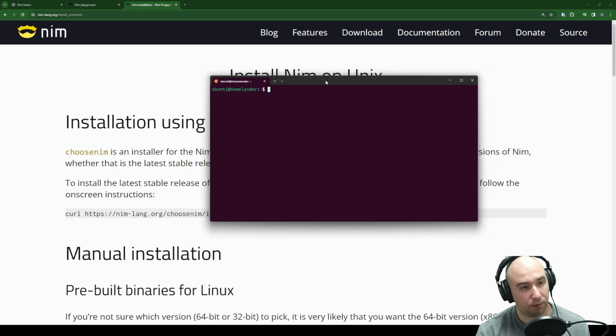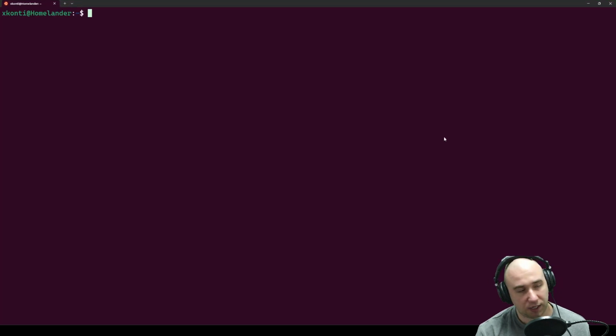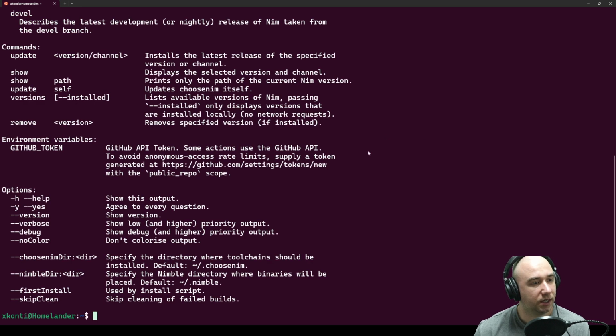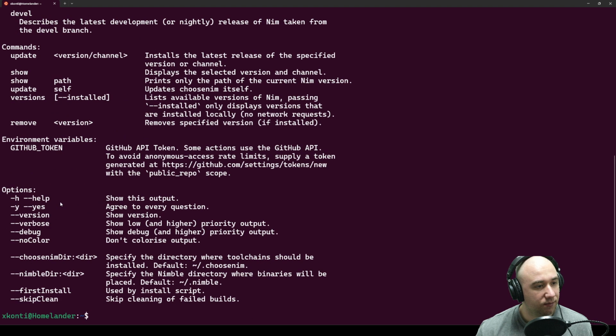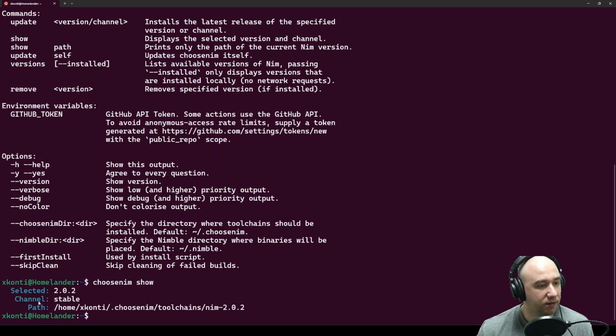Okay, so I'm on the, what do you call it, WSL2 on Windows. And do we have ChooseNim? Yes, so I guess I installed it through ChooseNim. So I should be able to do choosenim show, and it will show me that I have Nim